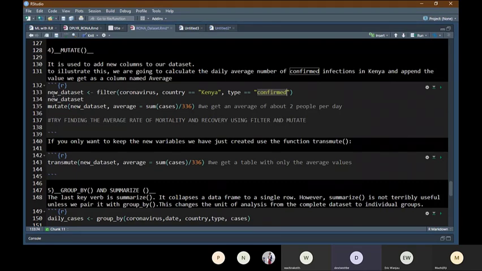So we'll create a new data set and name it new data set. The results of the filter will be stored in the data set that I've created, named new data set. So when you run this,